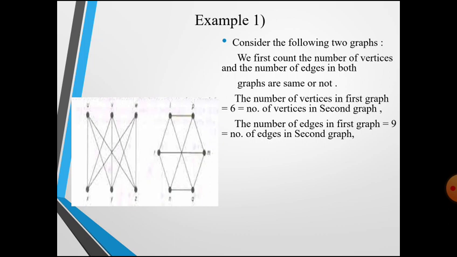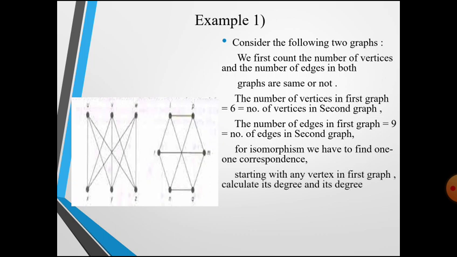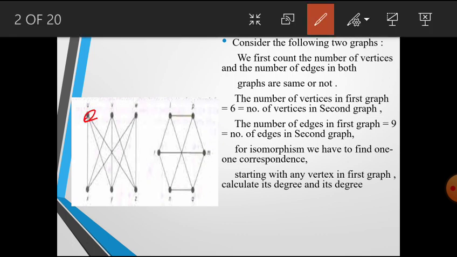For the 1-1 correspondence, we pick any vertex in graph G1 and, for finding its correspondence, we have to find the degree of that vertex and the degrees of its adjacent vertices. Using that concept, we find a bijective correspondence. Suppose there is a vertex U. It has degree 3 since 3 edges are incident on it, and its adjacent vertices are V, Y, X. What is the degree of U? The degree of U is 3.